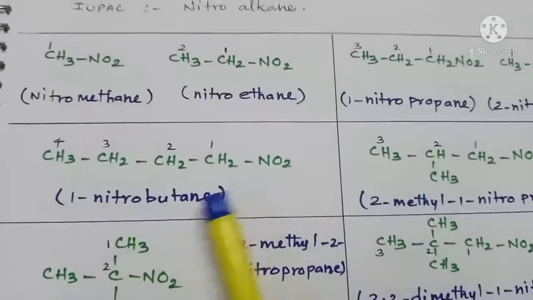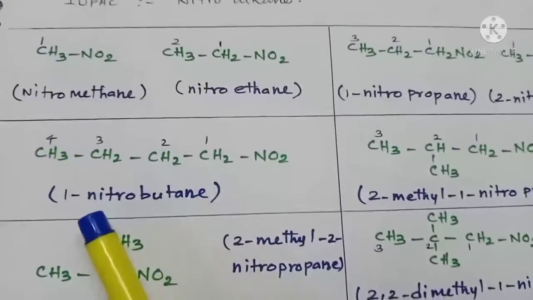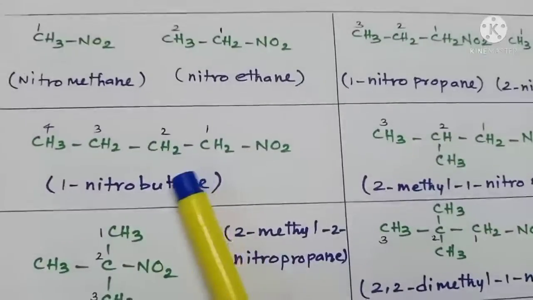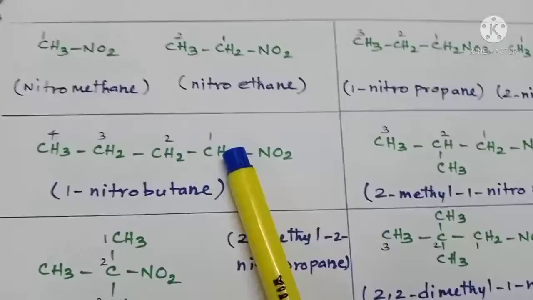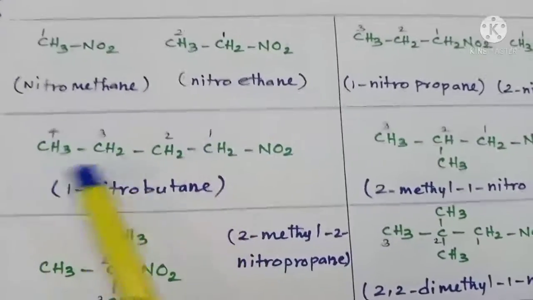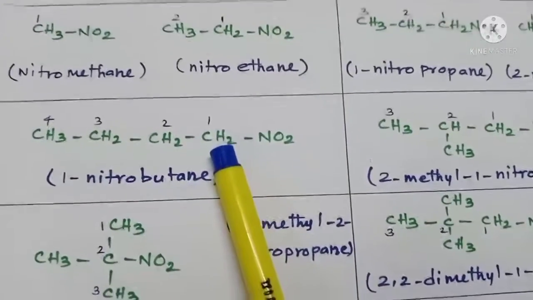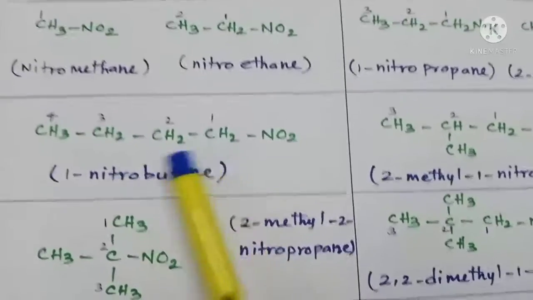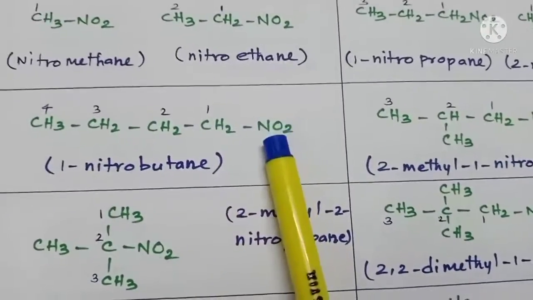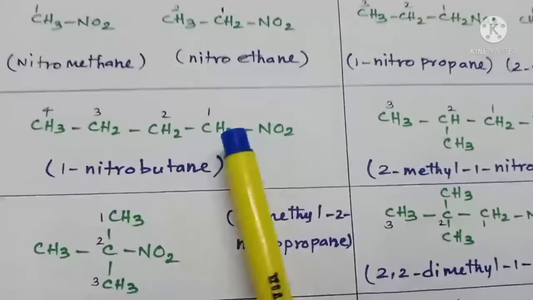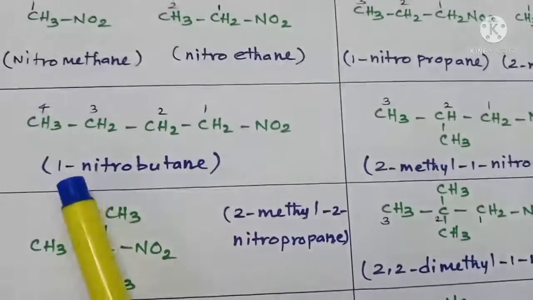Right. So next compound, a 4 carbon derivative, unbranched. So it's like an n-butyl structure with an NO2 group. I number the parental carbon chain in a backward direction, considering the rule of the least number to the alpha carbon. So that is the 4 carbon derivative butane, with the NO2 functional group, nitrobutane, NO2 attached at the first carbon. So it is 1-nitrobutane.